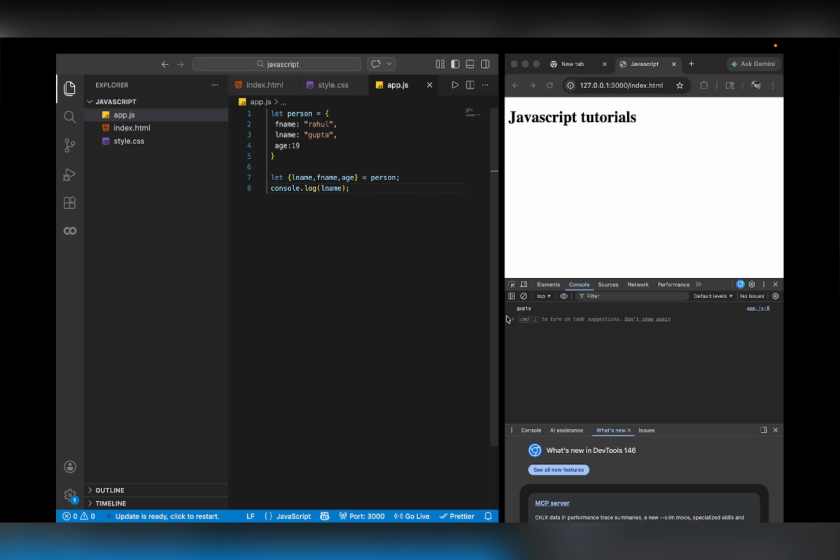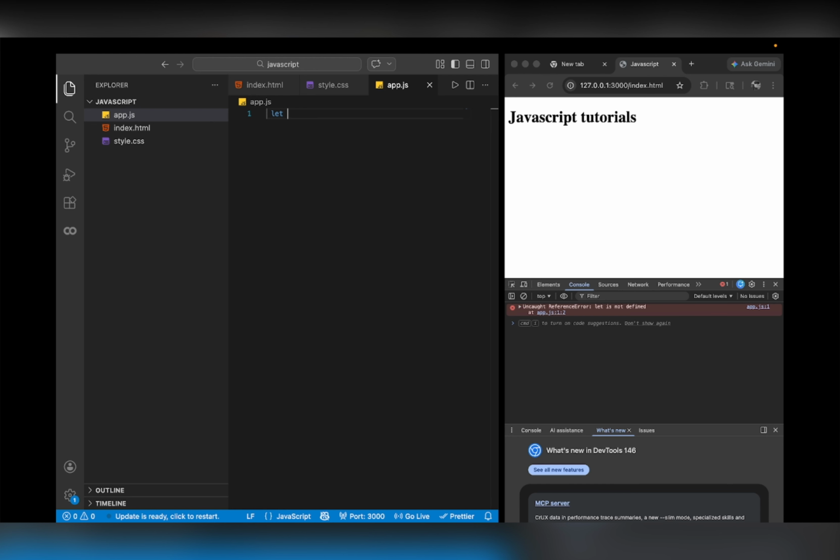सो दिस इज़ ऑल अबाउट ऑब्जेक्ट डिस्ट्रक्चरिंग। और हाँ, अगर हम लोग उसे कुछ और कोई नेम देना चाहेंगे लाइक सिंपली नेम और यहाँ पे नेम प्रिंट करेंगे, तो यहाँ पे हमेशा अनडिफाइंड आ जाएगा। बट अरे डिस्ट्रक्चरिंग के केस में ऐसा कुछ नहीं है। अरे डिस्ट्रक्चरिंग के केस में हम लोग कोई भी वेरिएबल नेम दे सकते हैं, प्रॉपर्टी नेम से सेम होना चाहिए, ऐसा कोई इसमें क्राइटेरिया नहीं है। सो लेट्स सी हाउ इट वर्क्स।